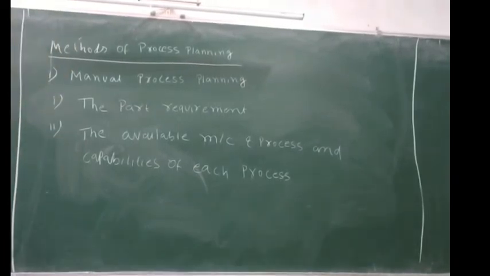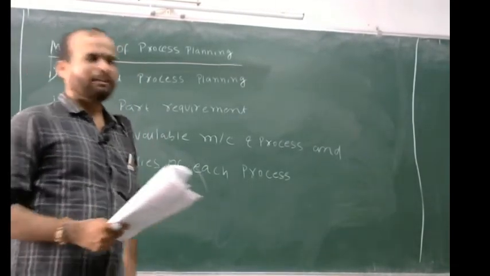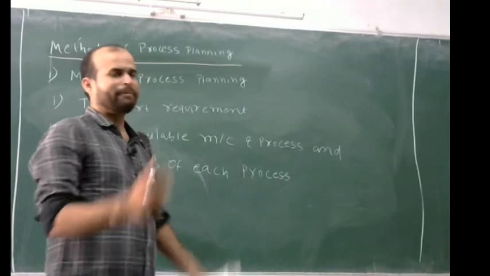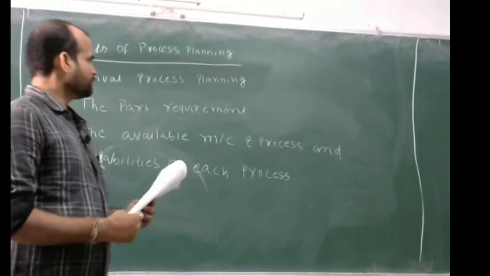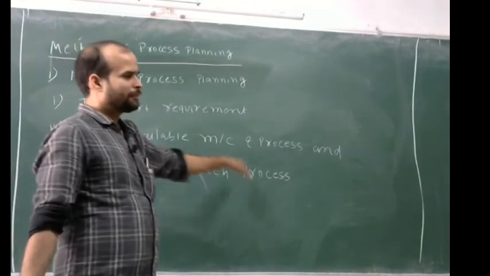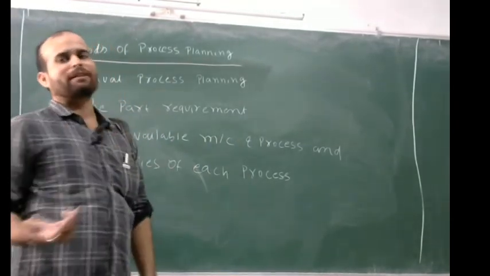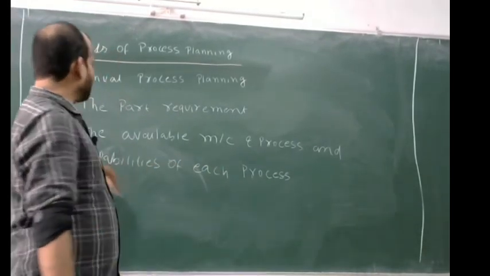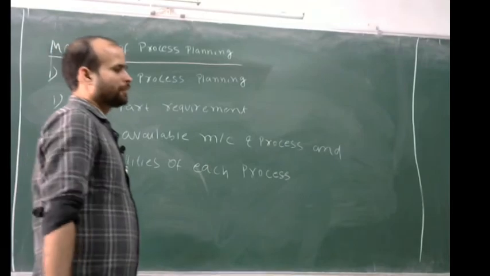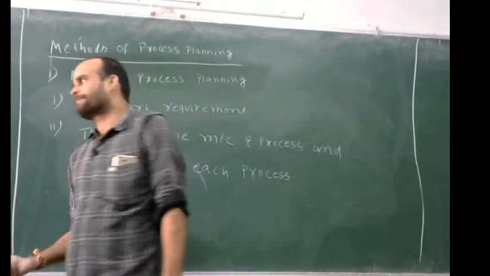Second, the available machines and processes may be available in the market or in your production house. And the capabilities of each process. Capabilities of each process means, say for example,